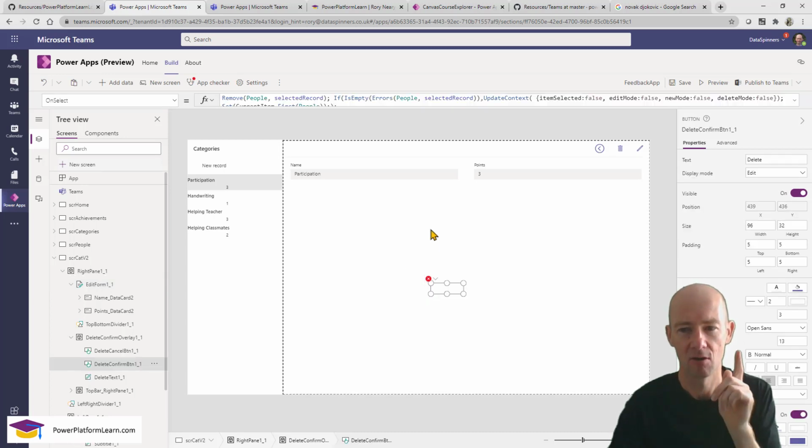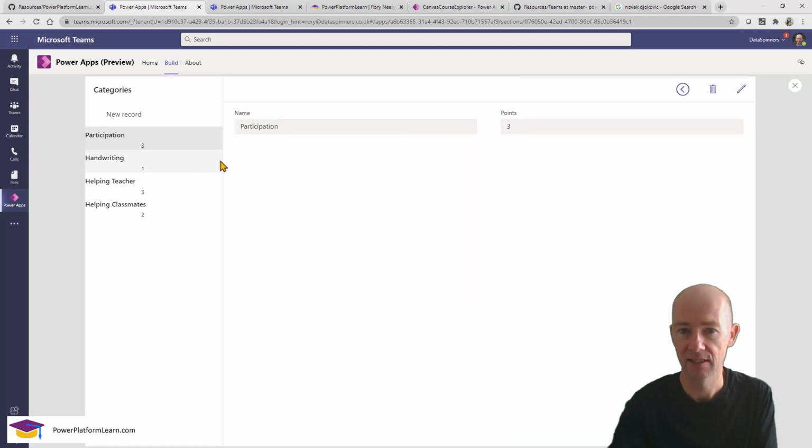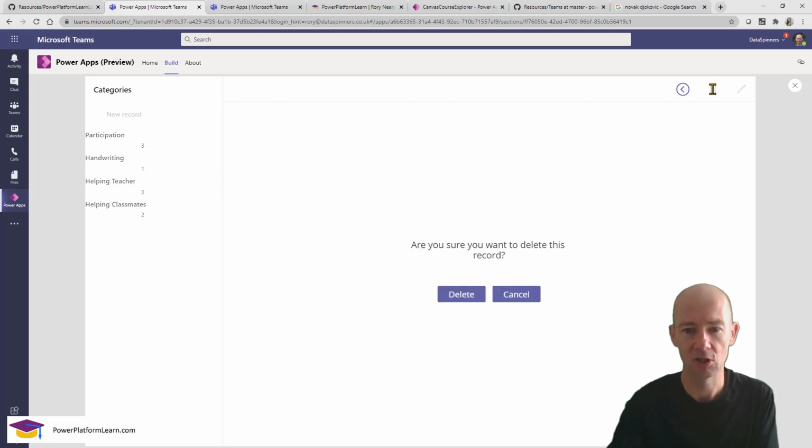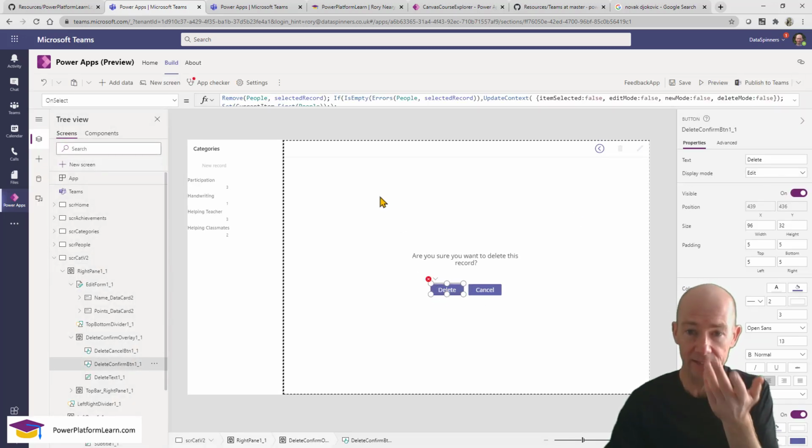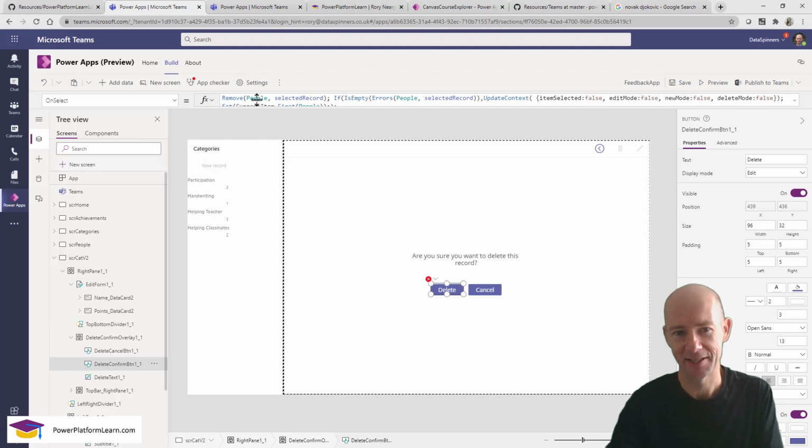Okay, so what we've got here is different ways of interacting with this. And some of the things that are in here are not visible. What I mean by that is that if I go on to preview this and I click on the handwriting one or helping teacher one, and I click on the delete, do you want to delete this record? The issue is on this delete thing here. What it's saying is that it wants to remove something from the people, whereas what it needs to do is remove it from the